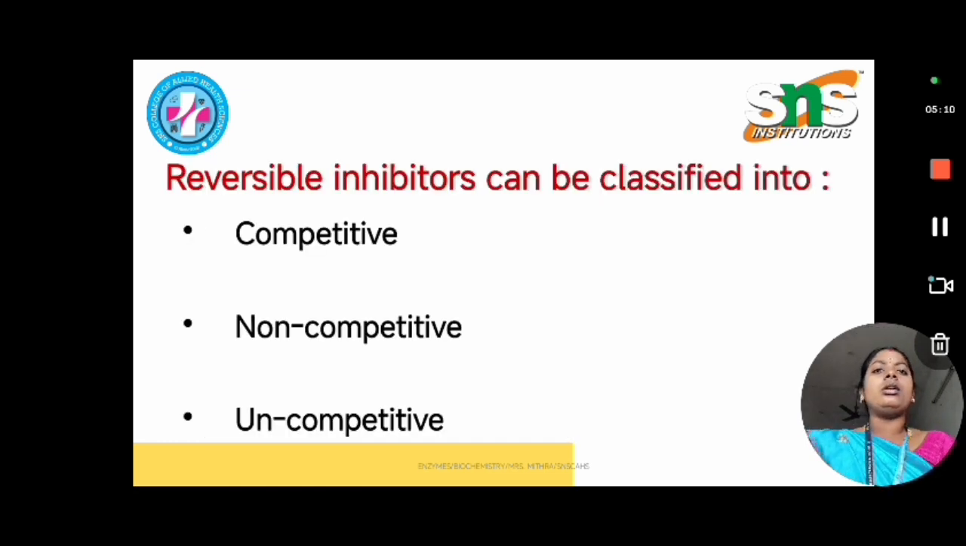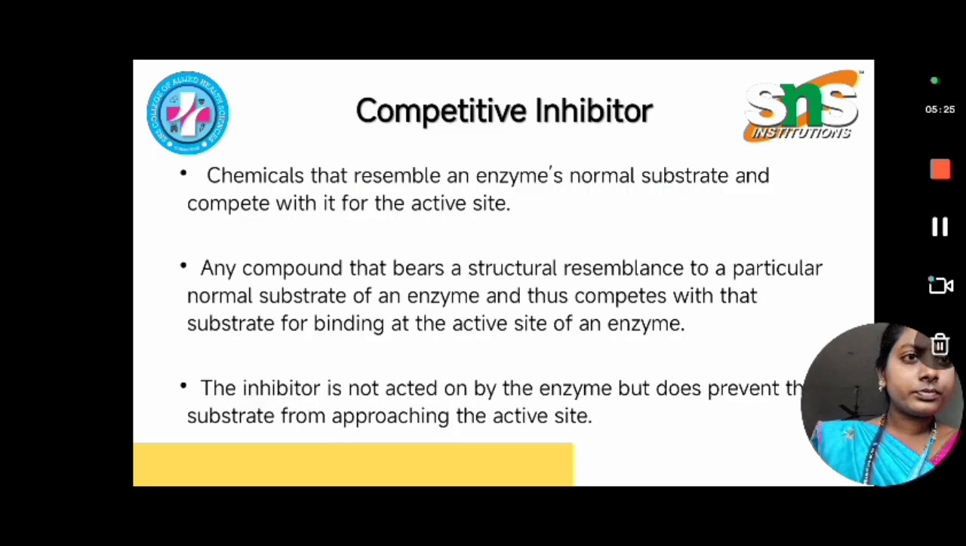Reversible inhibitors are further classified into 3 types: competitive inhibitor, non-competitive inhibitor and uncompetitive inhibitor. The name itself says all the things. First one, competitive. So coming to the competitive inhibitor,